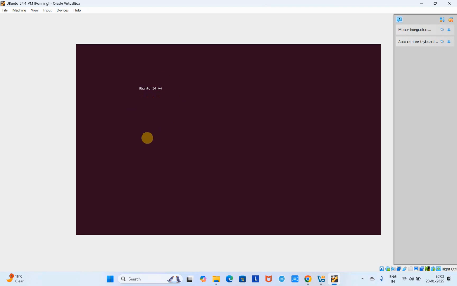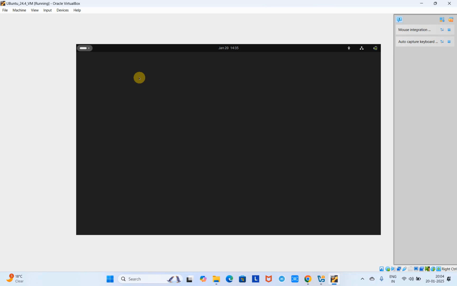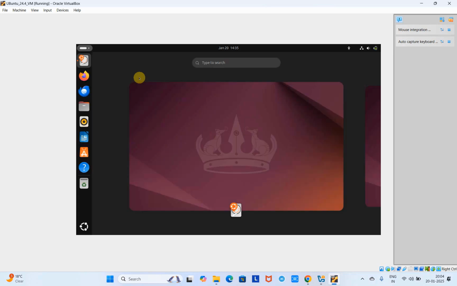So friends, I want to inform you on this page that this process will take time because of the allocated resources. If you have assigned more memory and more CPUs, your process will be very fast. Otherwise, this process will take time. So have patience and proceed with the installation. Sometimes this will show you this kind of black screen, but don't worry. The process is going on in the backend, and finally you will see this kind of interface, the installation interface,